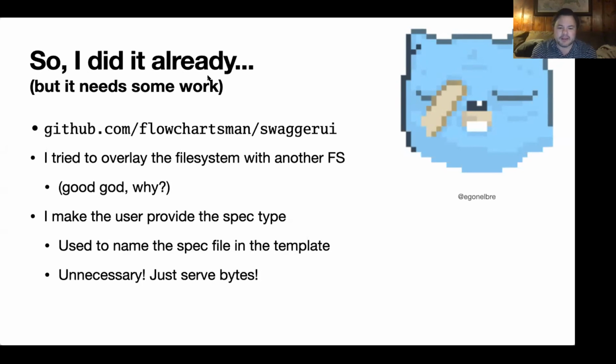And I made the user provide a spec type. Like I said earlier, Swagger supports JSON and YAML. Turns out that's unnecessary. It'll just go ahead and detect that. So in that case, instead of having the user give me bytes, I tried to get very clever with it. I'll show you in the code in a minute, but I tried to get clever with it and provided them with